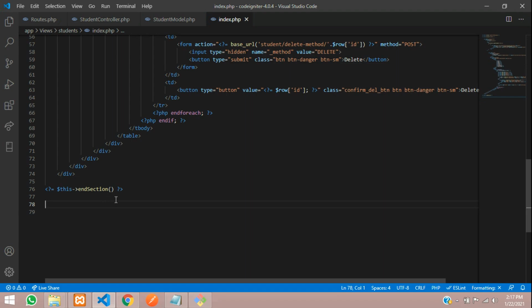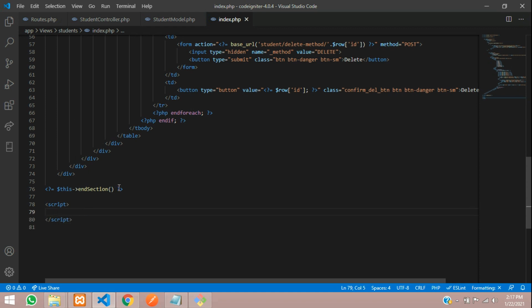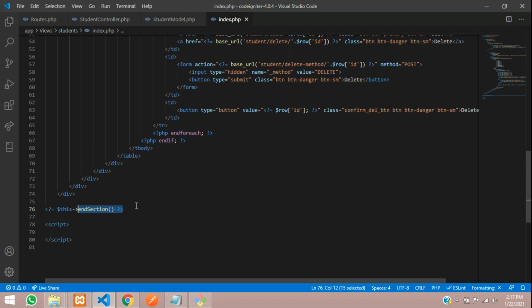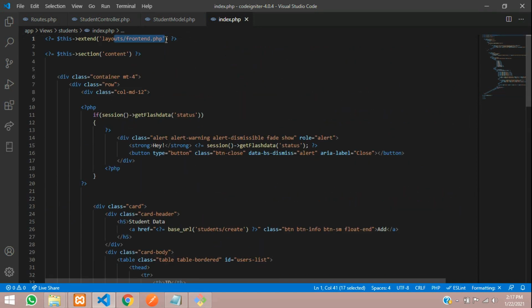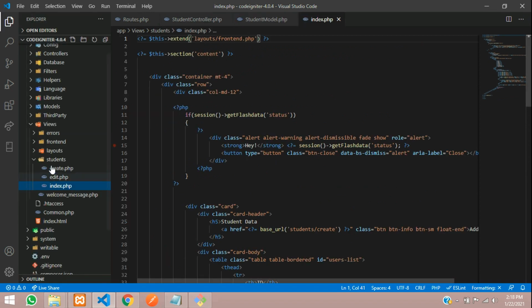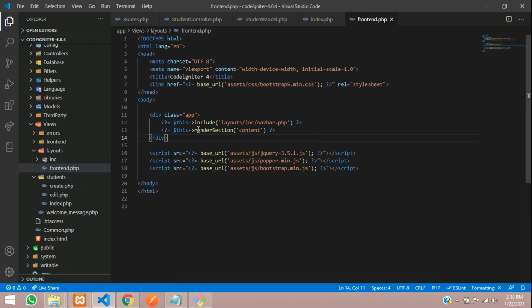So let's get started with this. Now you have to type your script code. We are using the section, so we have to go to our layouts, the front end layouts, where you will be following up. Inside the layouts folder, front end.php is there, and inside this the section ends till here. Let's include one more render section where we'll mention this as scripts. Done, and let's copy this scripts tag name and paste it into your index page.